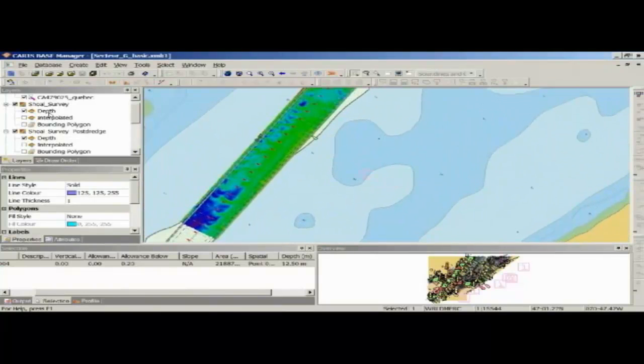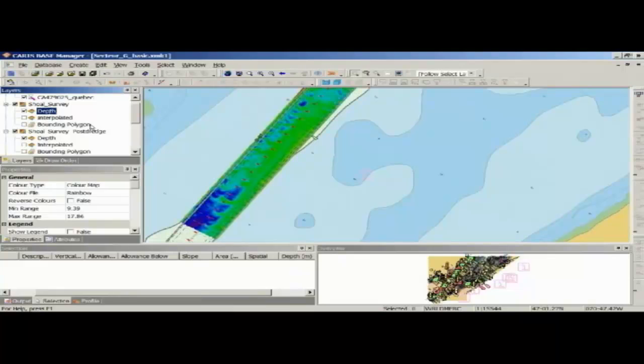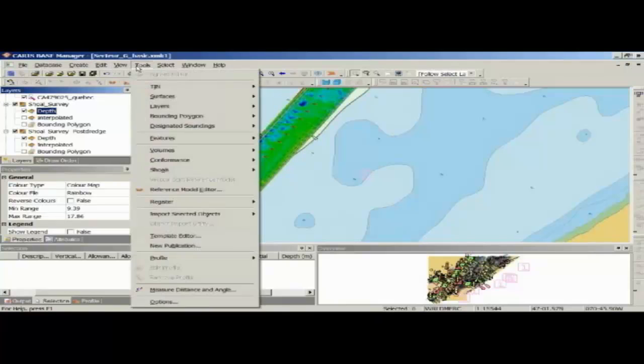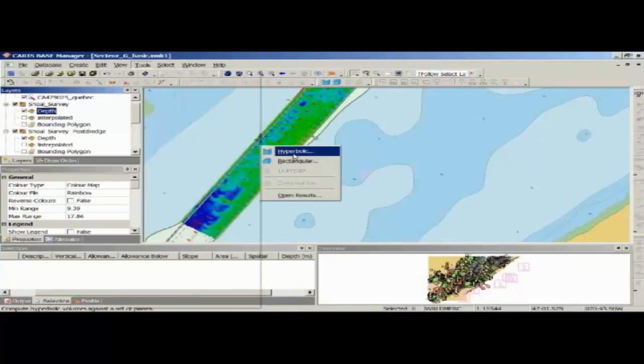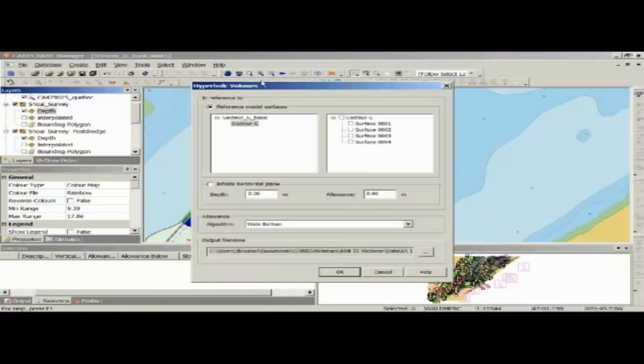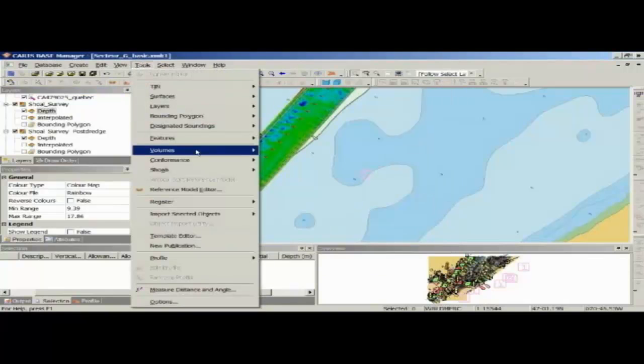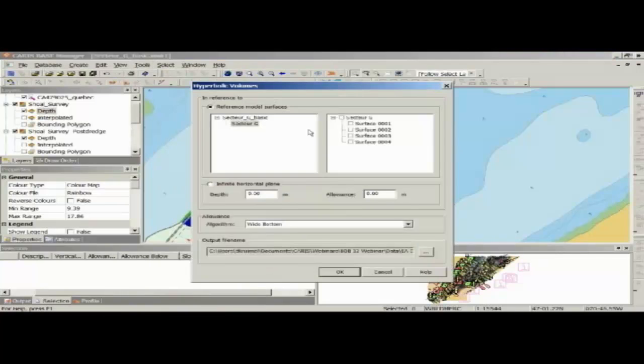Alright, so being that Josh is so excited about volumes, that's the first feature that I'm going to demo. If I highlight my depth layer, you'll see I've got a couple of buttons up here: one for compute hyperbolic volumes and another for compute rectangular volumes. So what I'm going to do is go Tools, Volumes, Hyperbolic. And just to show that, this section here is pretty much the engineering analysis module. I've also got the reference model editor, which will open CARIS RME in a separate